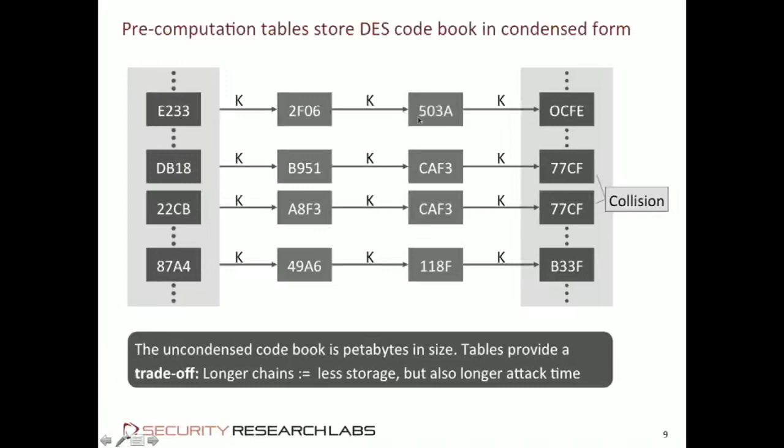So instead of just having a 2-column data set, you have a multi-column data set, and they are linked through, in this case, the DES computation. So you start with a random value, and you compute DES on it. You treat this as a key again, and compute DES, and treat this as a key again, and compute DES. The plaintext is always the same, right? We predicted the plaintext before. And this data set also is kind of like the phone book, only a little bit more complicated.